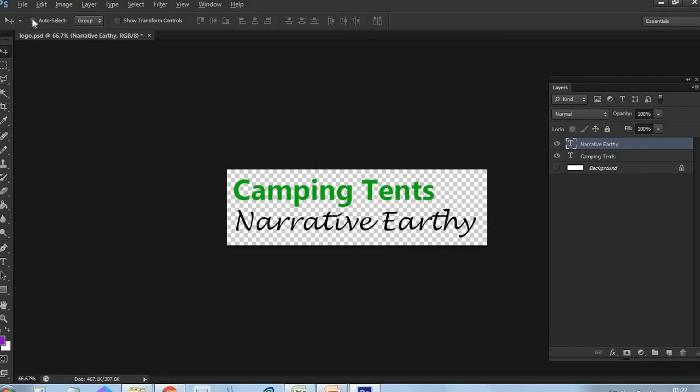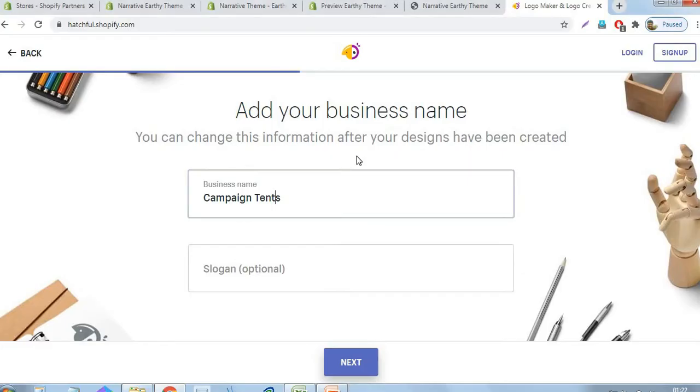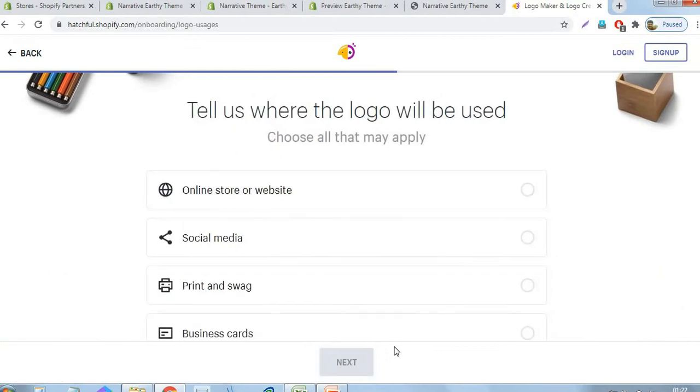However, I already created a logo for this store. I am not using a Shopify tool. Once you provide the business name and click the next button, you can see a lot of options for your logo. We are creating the logo for your online store. Just select that option and click the next button.